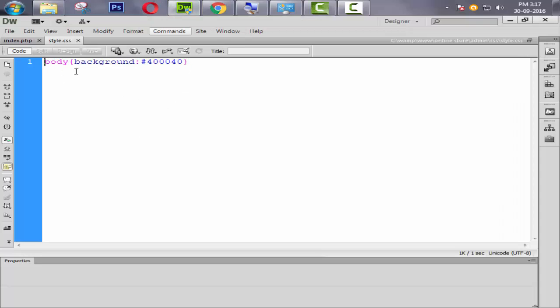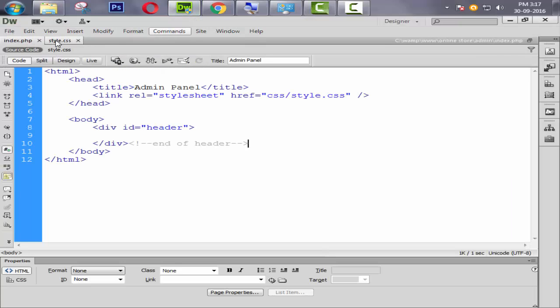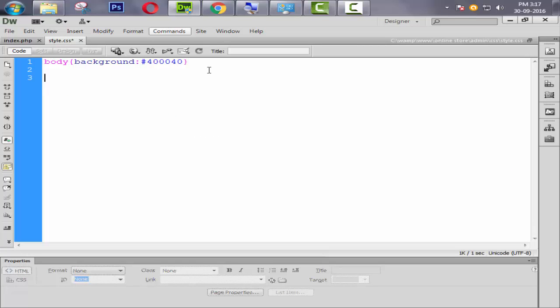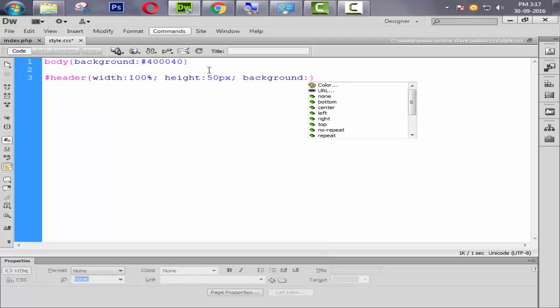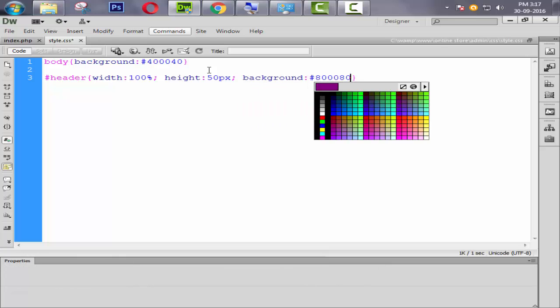Okay, so now we come to our index page style sheet, and we create a header ID because we declared it in our HTML file, the PHP file index.php. So width will be 100%, height will be around 50 pixels, and background will be 80080.